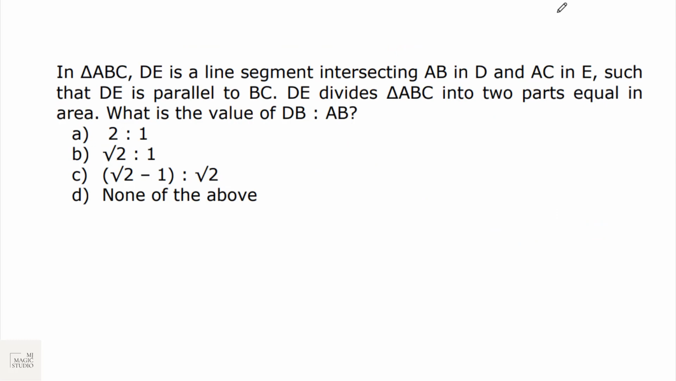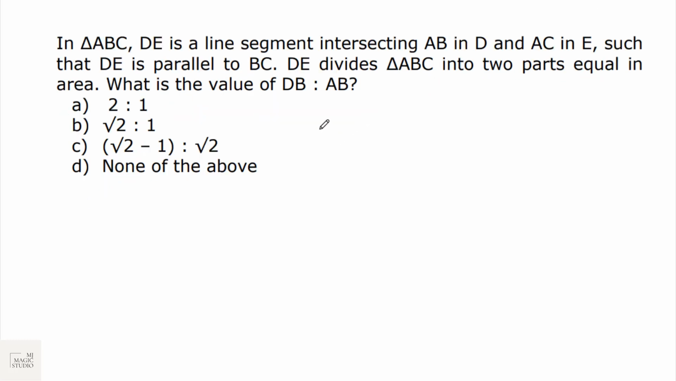Next one from geometry, and you know what you need to do. Pause, do it. Let's check this. In triangle ABC, I am not reading the question in full, but as you are reading, make it a habit of drawing this stuff. In triangle ABC, DE is a line segment intersecting AB in D and AC in E,